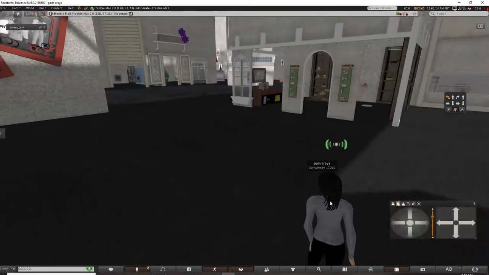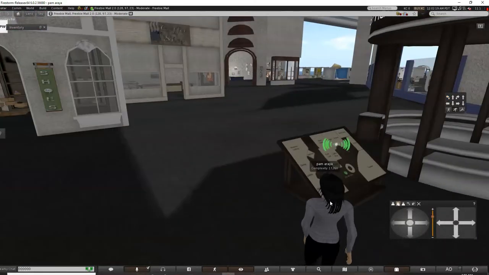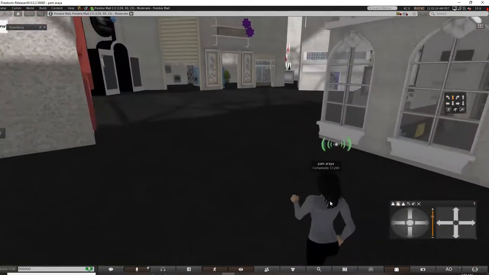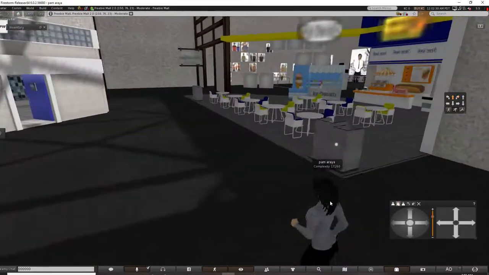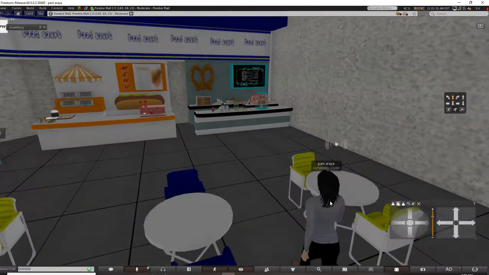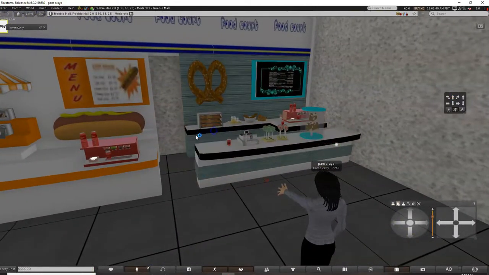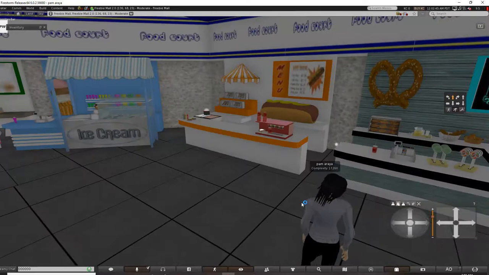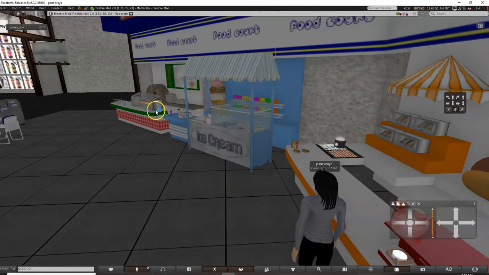Okay, so what I wanted from here is stuff from the food court, because I feel like every party needs some food. A nice little food court. Okay, let me find this. Oh, here we go. I just noticed there's a bathroom there, and I've never been in there. We need some pretzel stuff. We need some hot dogs for sure. Definitely some ice cream. And definitely some pizza.